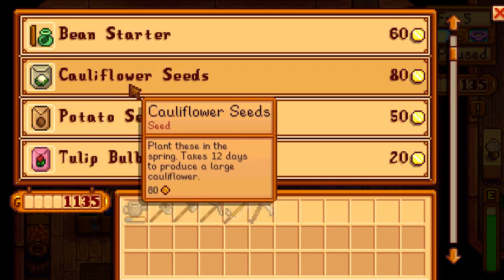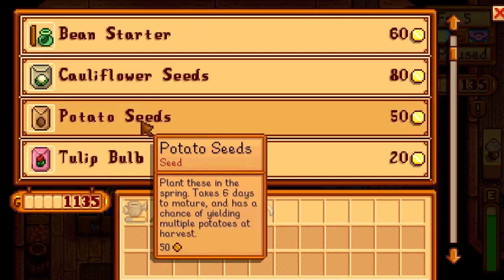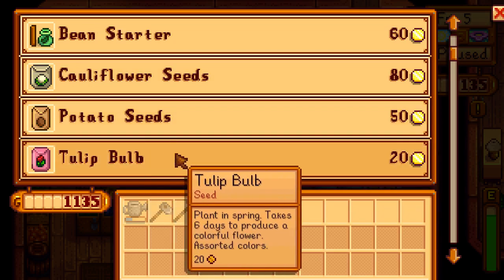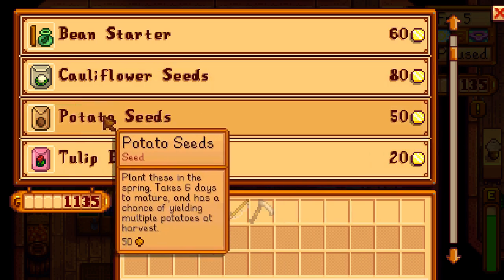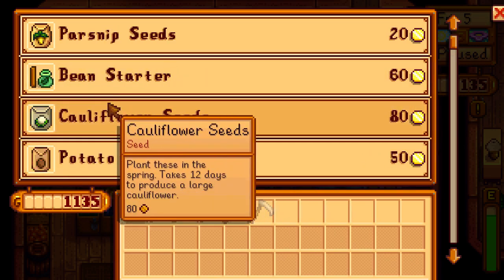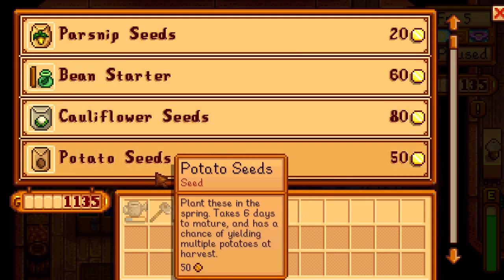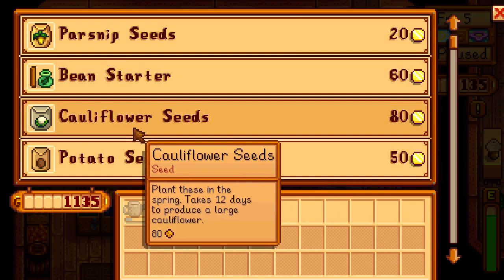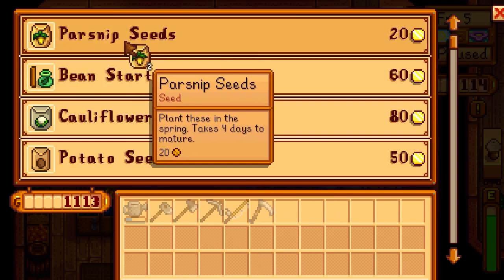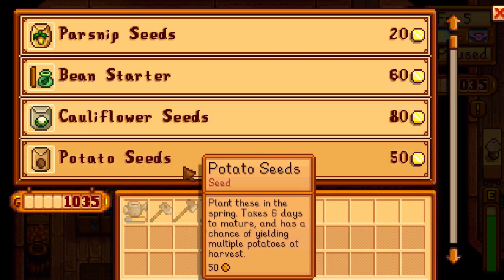I feel like potatoes would be a good bet. Because I want to get some money, like, right away. Just so I'm not, like, continuously broke. And cauliflower is a very long-term investment. So tell you what, to replace our parsnips, we sold 15 parsnips, so I'll buy...